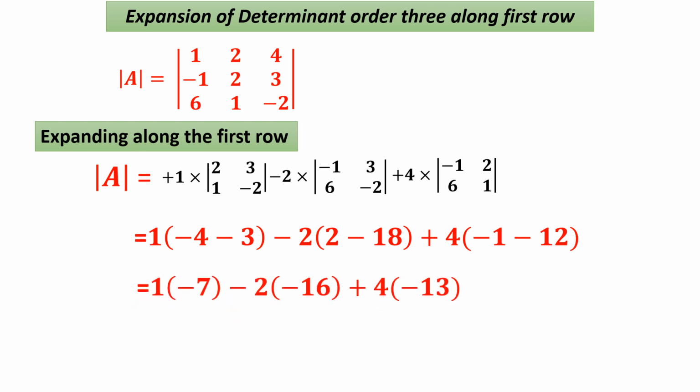But I am doing it in a logical way. Let's see, every calculation is being shown to you. If you are thorough, you can do it very quickly. The answer is minus 27. Remember, this minus 27 you will get if you expand it through any of the 3 rows or any of the 3 columns. Final answer will be minus 27 only.